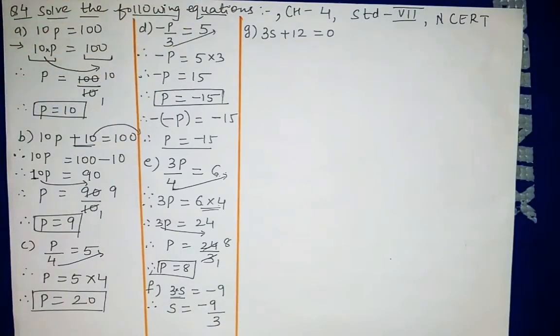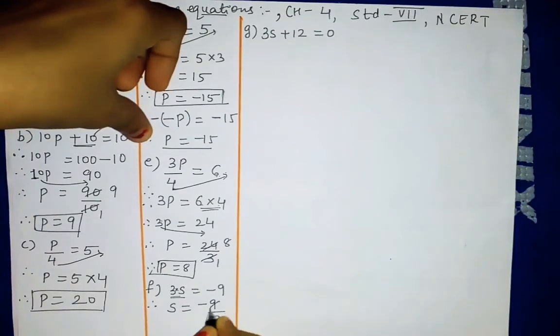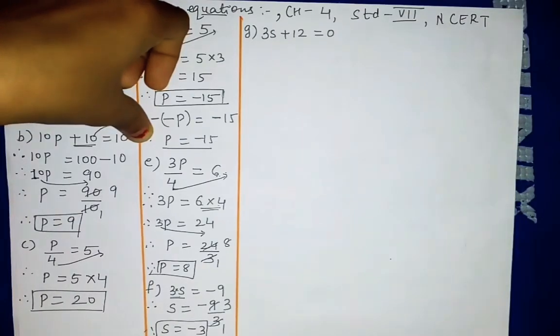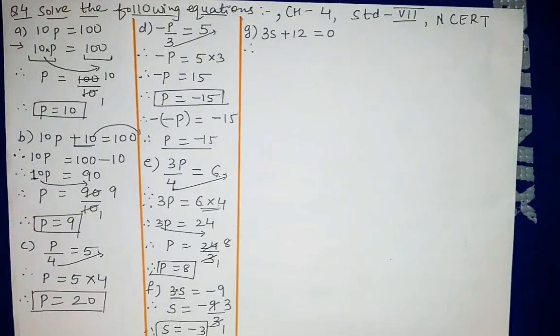So now cancellation is possible. 3 ones are 3 and 3 threes are 9. So s equals minus 3. This is our answer. So in one step we got the answer. Now the next question is